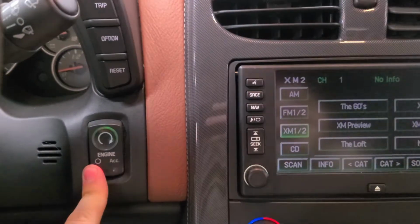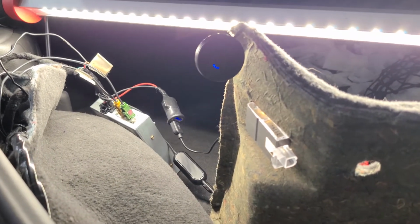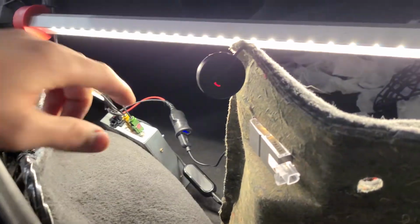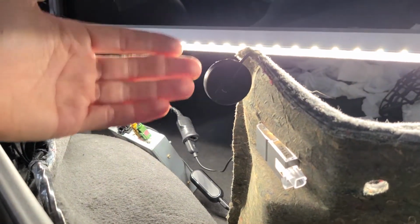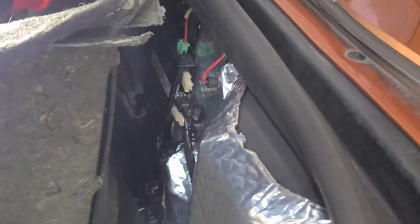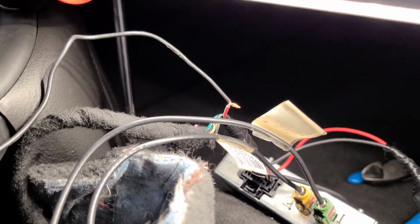And then if we shut the car off and get out, lock the door, not sure if the hatch being open is going to mess with this at all, but in less than a minute, there goes this module, and then the antenna module will have all shut off, the way that the antenna module has worked from the factory. I'm going to wire this up correctly, solder it,